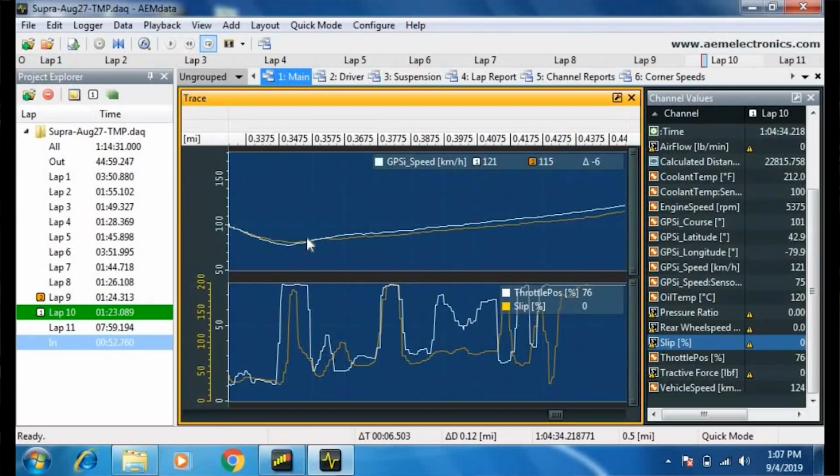stopped braking and I've transitioned back on throttle and the line's starting to climb again. And you can see that gap between the 2 speed lines is happening, and I'm managing that speed with my throttle position. So you can see on the faster lap, I'm able to stay at full throttle more than I was on the slower lap. So this orange trace, I'm more consistently off throttle or at like half throttle, trying to prevent the car from